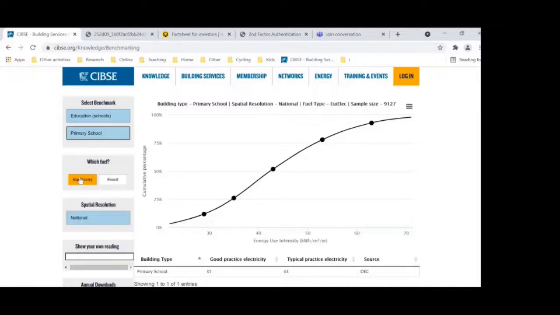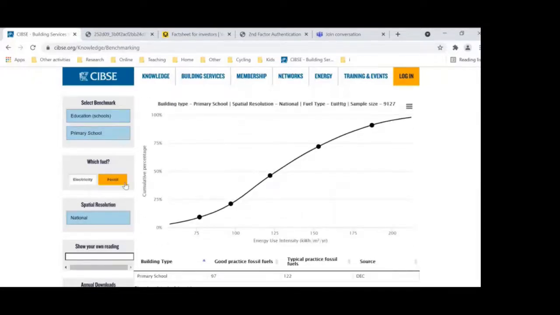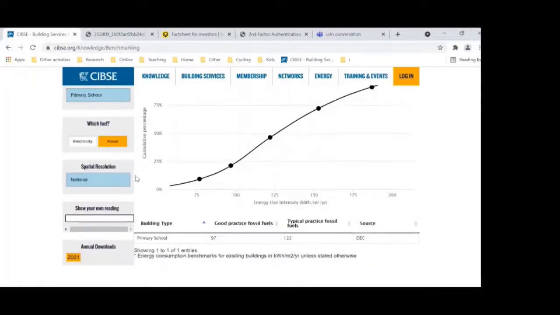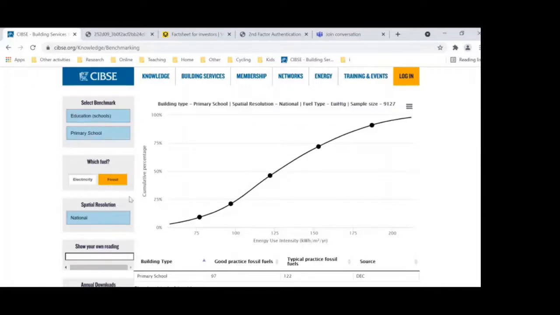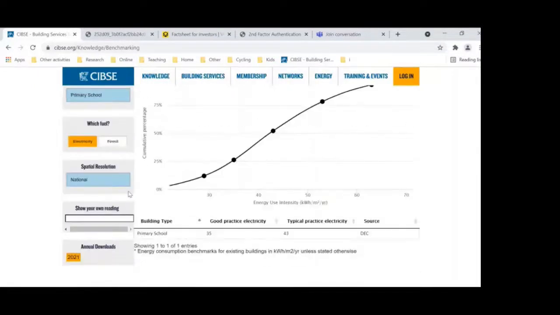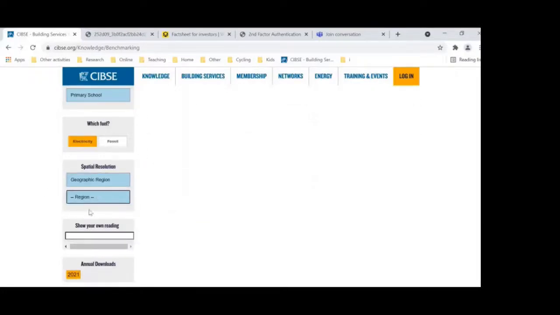If you're interested in looking at different benchmarks for different fuel types, for example, the default is electricity. If you click on the fossil button, the graph will update itself to show you different benchmarks for different points based on fossil fuel. And below that is a spatial resolution, which also helps you with